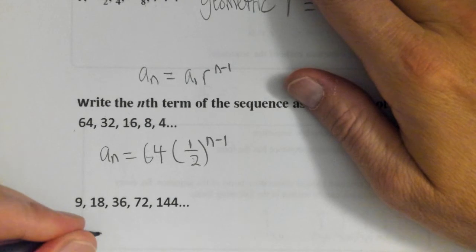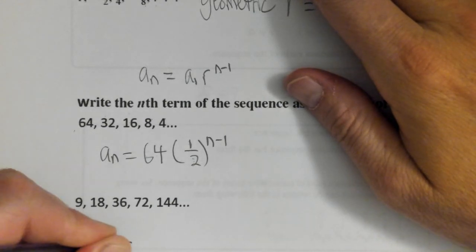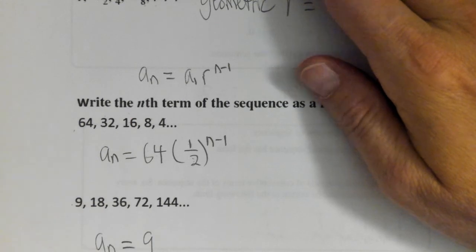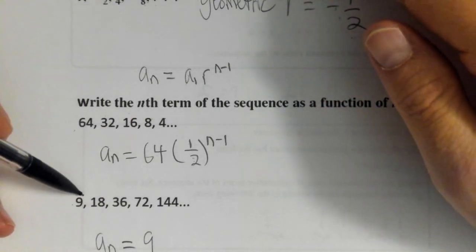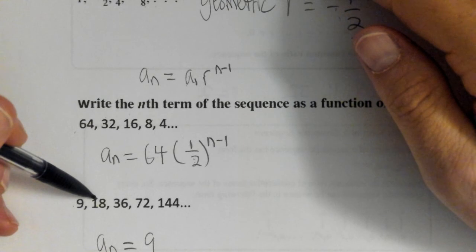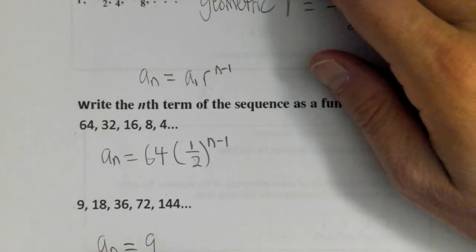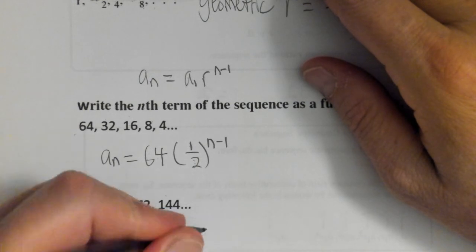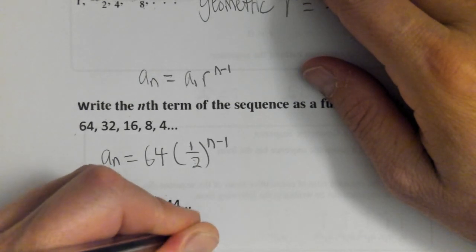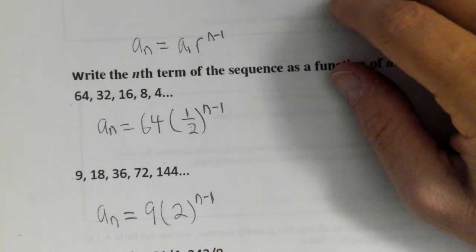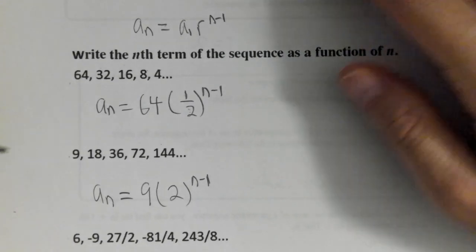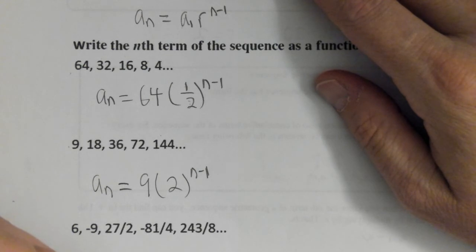A sub n equals. What is my first term? It is 9. Now let's see if we can find a common ratio here. Times 2, times 2, times 2, times 2. All right, so times 2 is correct. And that would be to the n minus 1 power. Alright. Okay, so the next one that we come to here, I know it's going to be a sub n